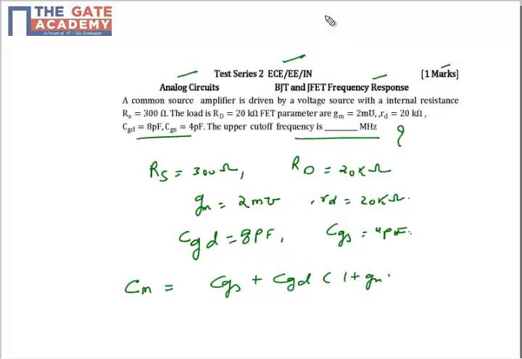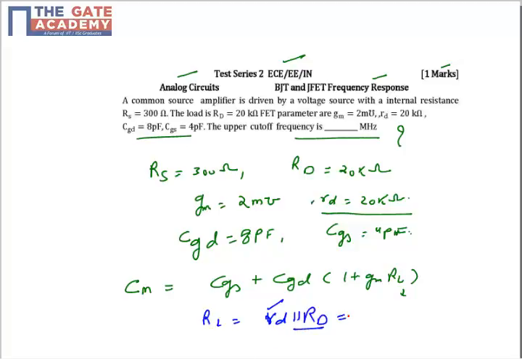plus gm RL), where RL is the load resistance, because in this case the question has defined the RD also, the output impedance of the FET is also defined. So my RL will be nothing but RD parallel capital RD. Capital RD is a biasing resistor. If small RD was not given, then we would have considered the capital RD as the load. But in this case, RD is also given, so we will take the parallel combination of both.